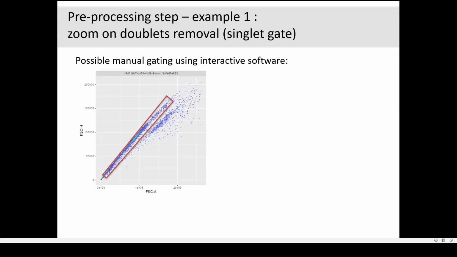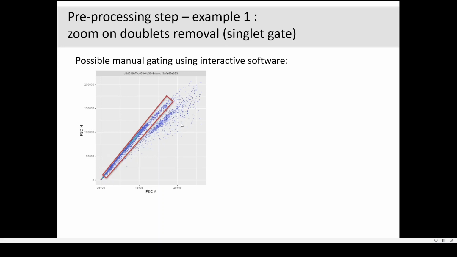The idea is that the ratio between the height and the area is to be constant if you consider only the singlets. And so the idea would be then to eliminate the events that are in this region, because there typically the area is too high compared to the height. So a human operator would end up designing such a gate, polygon gate,